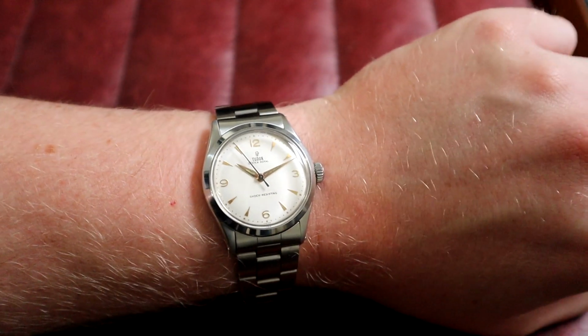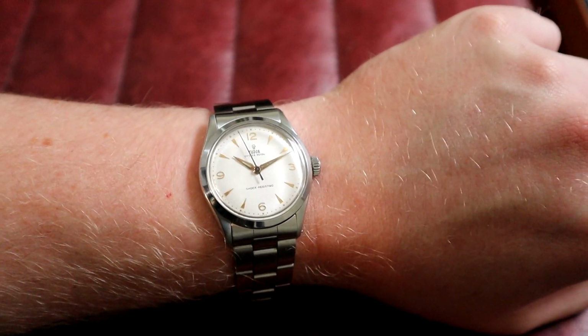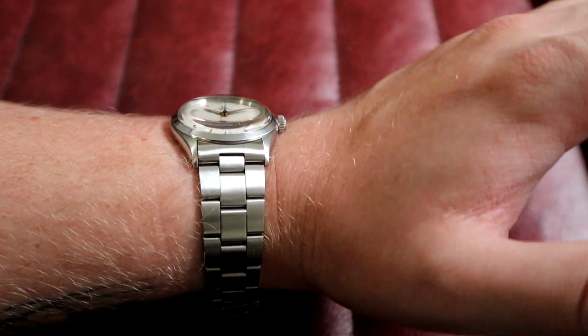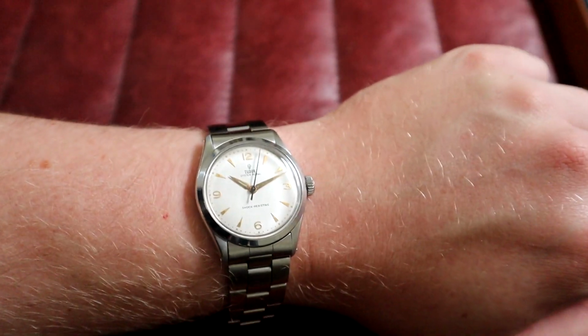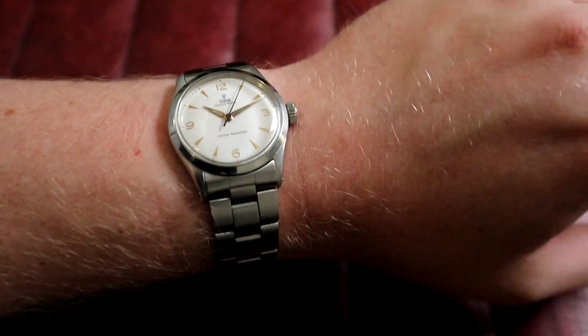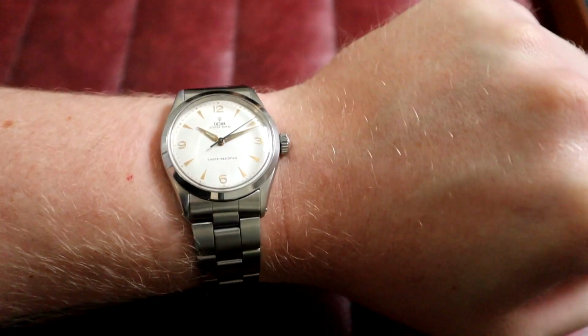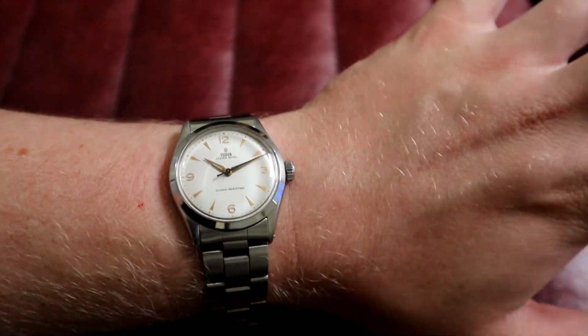But here we go, 34mm by 40.5mm, 10mm thick and 19mm lugs, which is why it's nice you've got that bracelet option, because 19mm is a bit awkward, and to find a bracelet that will fit it, even more difficult. So the fact you've got an original folded link Tudor bracelet is a very nice touch. So go check this one out. It's an absolute bargain for what you...